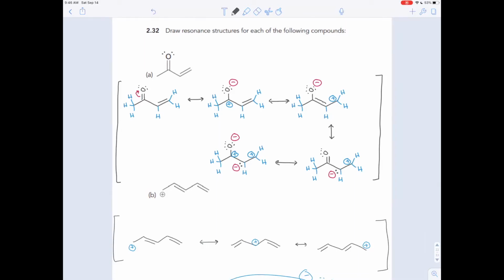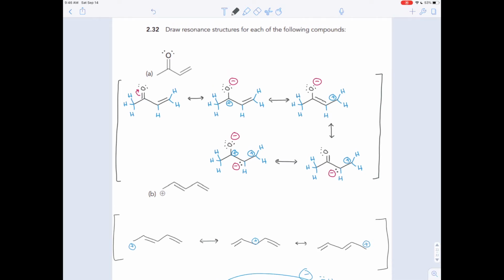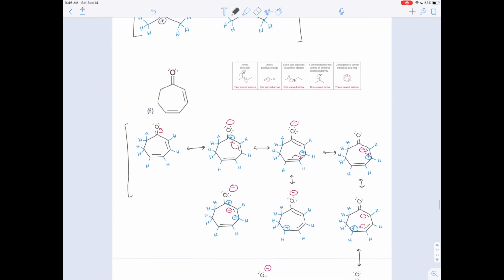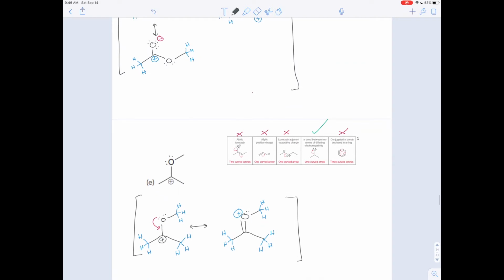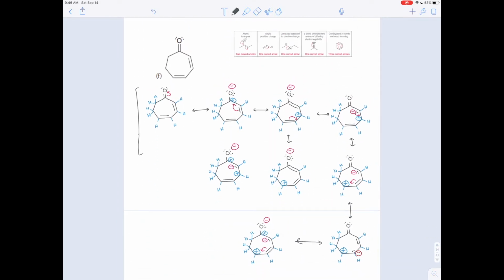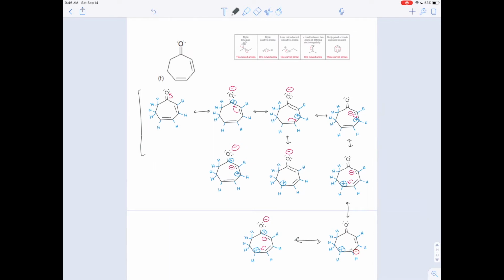This video is meant to continue helping with exercise 232, where we're drawing resonance structures for some different compounds. And these compounds will have more than one of the 5 resonance patterns, most of them. Now, the last video ended with E, and I started to make a video for F, for the molecule in F, and when I got to the 9th resonance structure, I decided that this exercise was more complicated than you